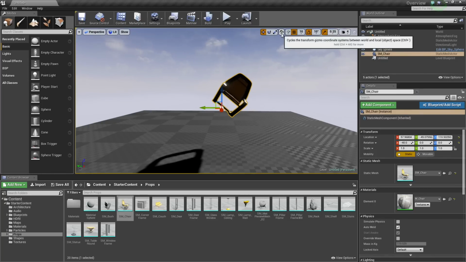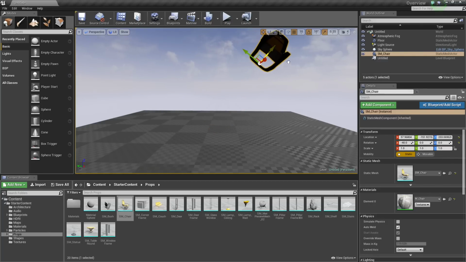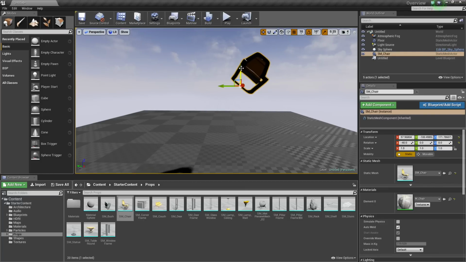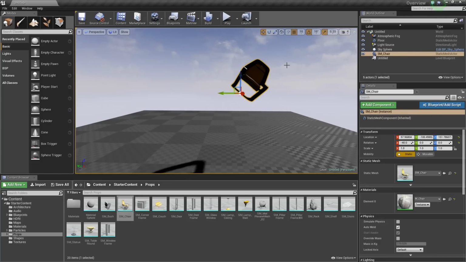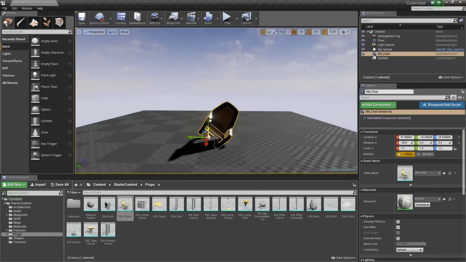You can click this little globe icon up in the upper right-hand corner. This changes between world and local space. So once I click it, you can see that the move tool changes, and now if I move along the Z, I can move it in that direction, local to this object. I can go back to world space and move it again in world space. Now there's a shortcut for toggling between those two. If you hold Control and the tilde key, which is the key next to the 1, you can cycle between world and local space to move your object.